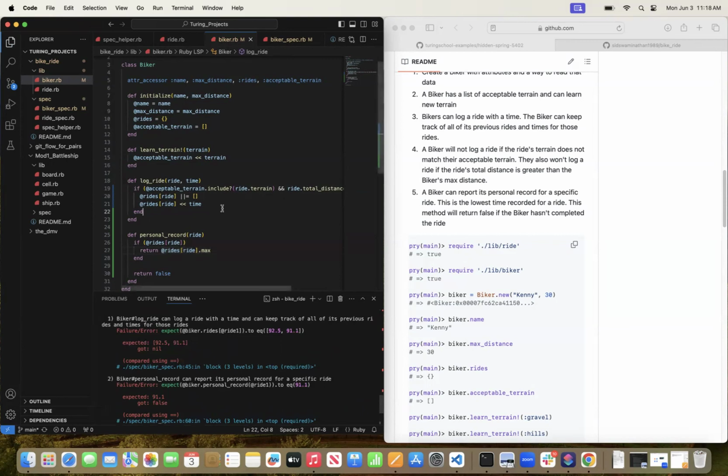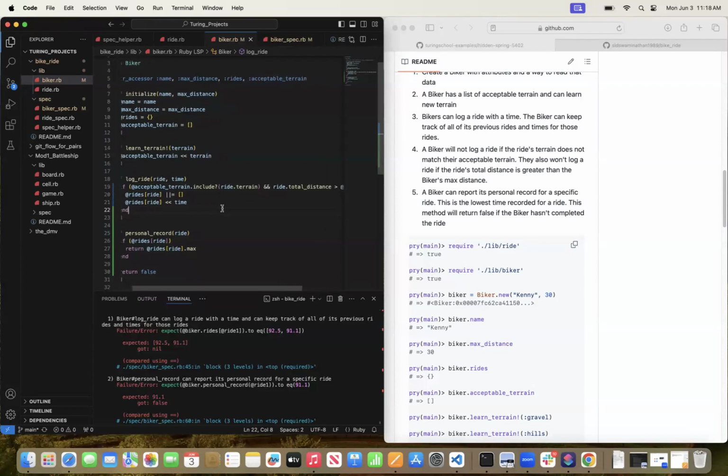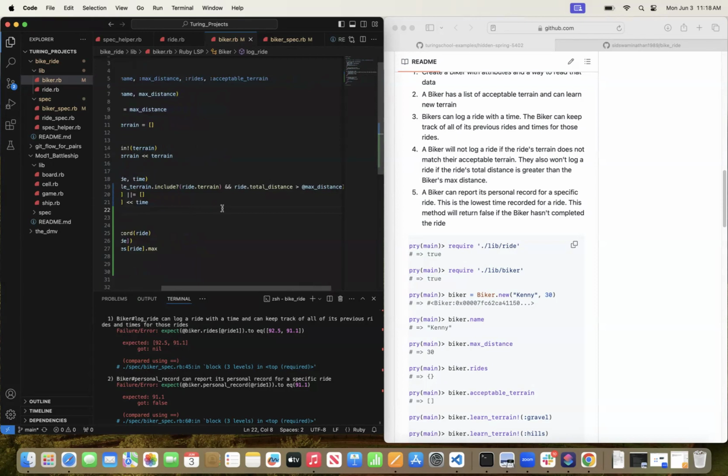So let's see. If acceptable terrain does include, and ride.total distance is greater than, oh, and if it is not greater than, in this case, it would actually be a flip, right? So if the ride total distance is less than the max distance,